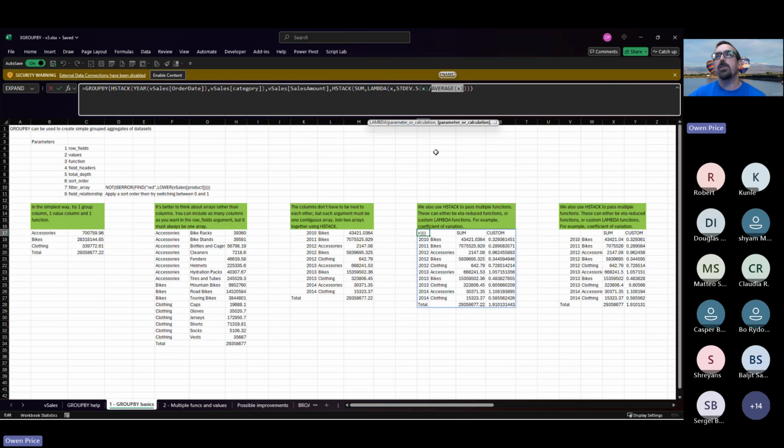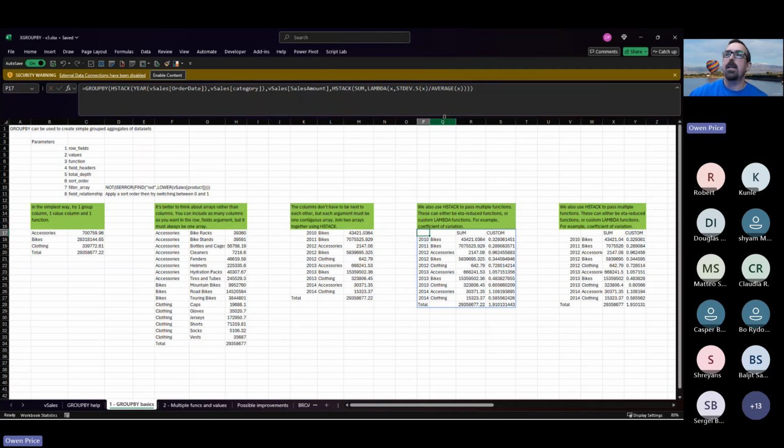And that gives you the coefficient of variation x. So x is the detail that you pass into value field. So this becomes x. X is passed into the lambda function. Then calculate the sample standard deviation, calculate the average, and then we've got the coefficient of variation. So that's just to show you two things, that you can H-stack functions and you can use lambda functions in